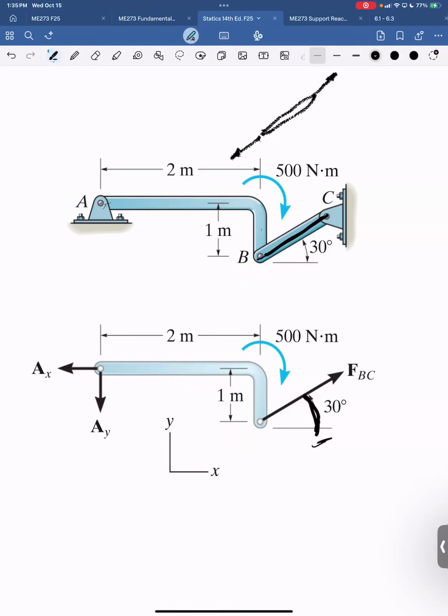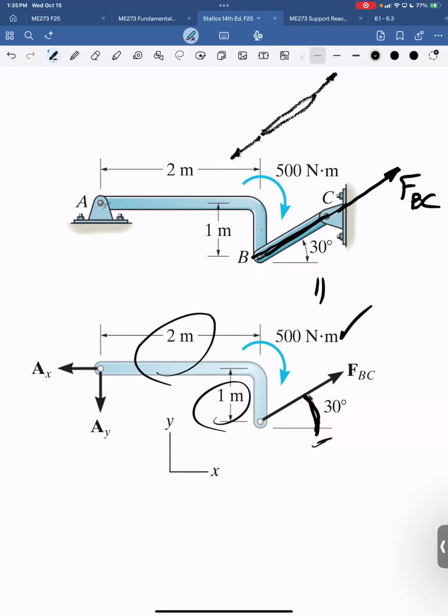But notice that I could have drawn the free body diagram of the entire thing, and I could have put that force here. But that's a sliding vector. So these two are exactly equivalent, right? So it didn't matter in this case if you drew a free body diagram of A through C or A through B. And you put all the known forces on there, and you also put the dimensions on